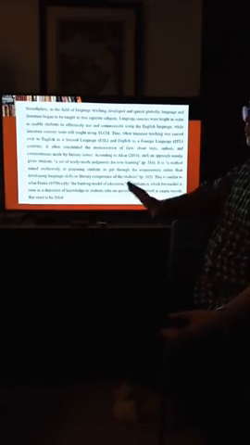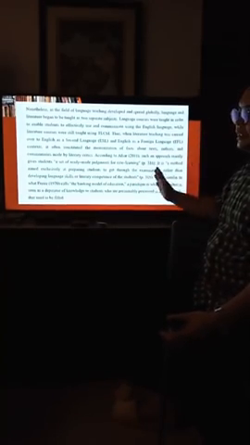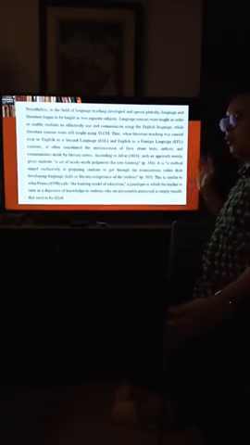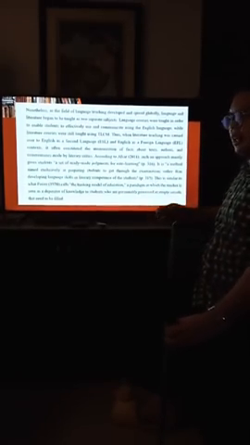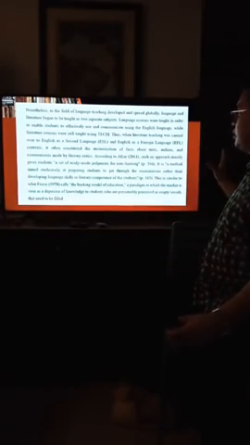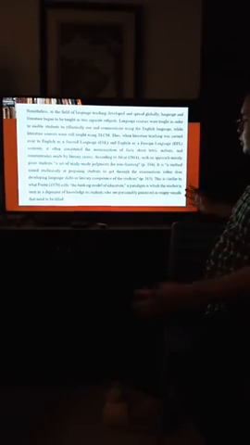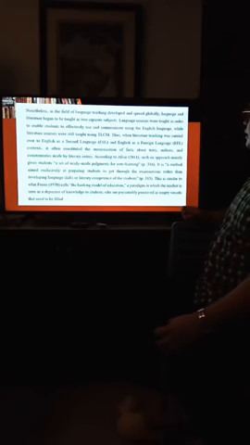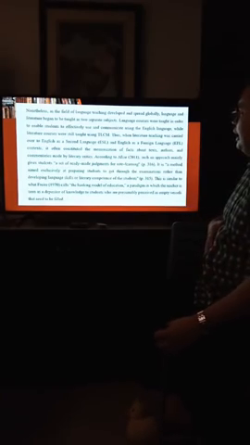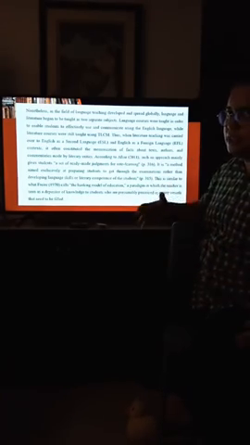Okay. This excerpt, which I'm not going to read, I don't think I have a lot of time to read everything, but if you compare it with the first one, this is very neutral. Why? Because I got it from a journal article. So the language here is very neutral, and it is simply informing the readers of the background of how the field of language teaching and literature teaching is spread across the globe.